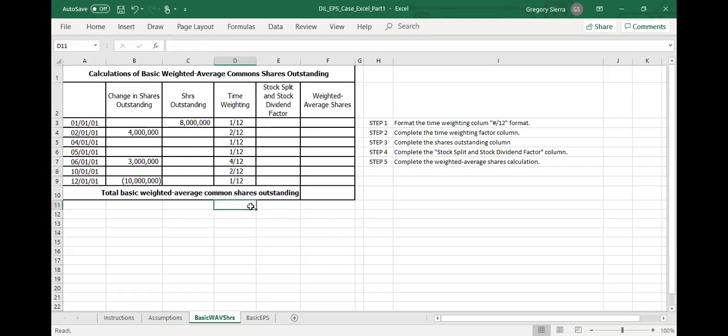Okay, so that looks good. All right, now the shares outstanding plus the change equals the new shares outstanding. So this is 8 million plus 4 million. And then,